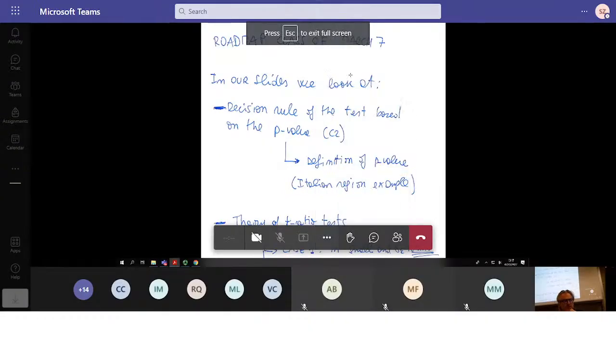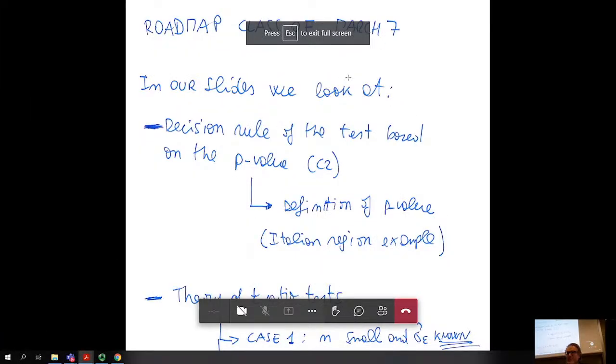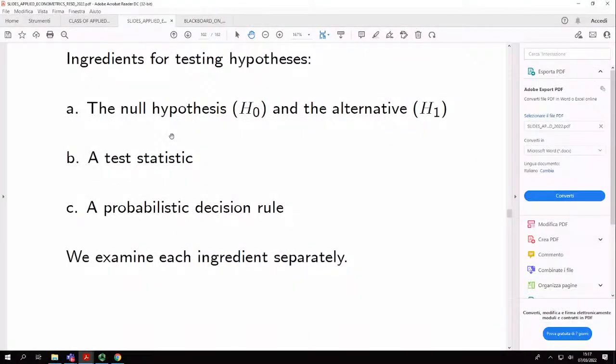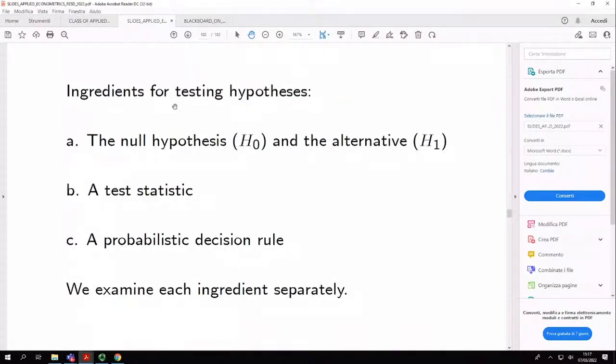Theory of test of hypothesis in a linear regression model. And if you remember what we did in our last class, I go to the slides now. We were at this, we said, okay, we need 3 ingredients when we want to test hypothesis in a linear